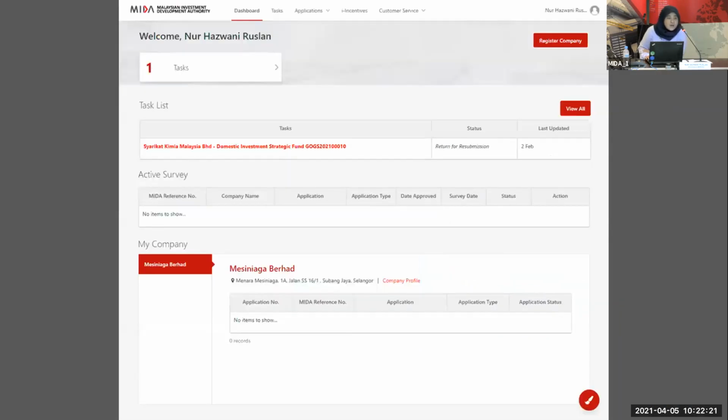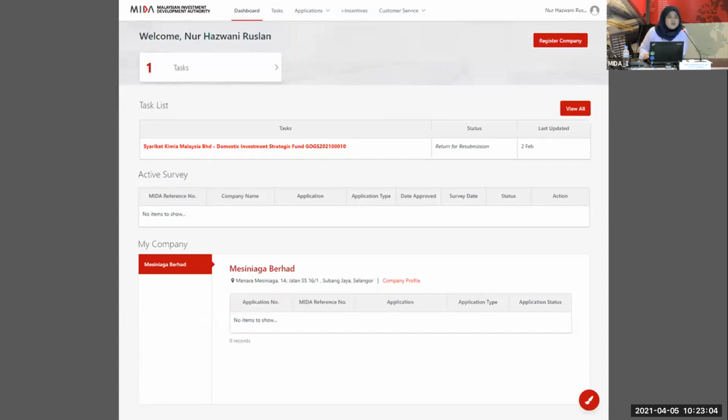For existing contact persons, as I said, we migrated your profile from JPC Online. From that migrated profile, we know for a fact that you are registered as a contact person for a particular company. So when you log in, you can directly see the list of companies that you are listed as the contact person for. It can be more than one company. If you're a consultant listed as contact person with more than one company, you will see the list of companies here.